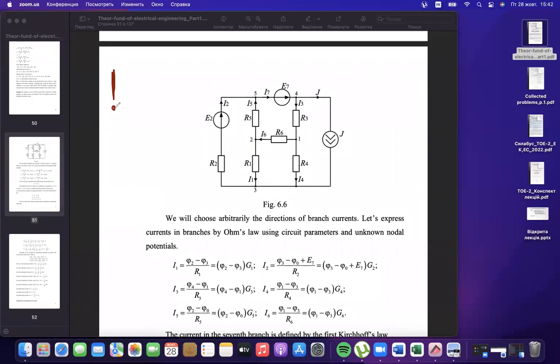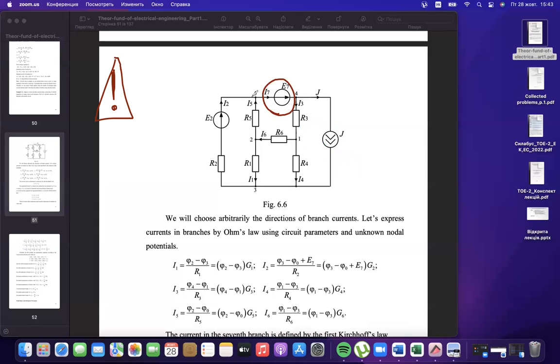There is one restriction about nodal voltage. For mesh current, the restriction is about a current source. We neglect the equation near the mesh with current. But for nodal voltage, the restriction is about voltage source, an ideal voltage source without